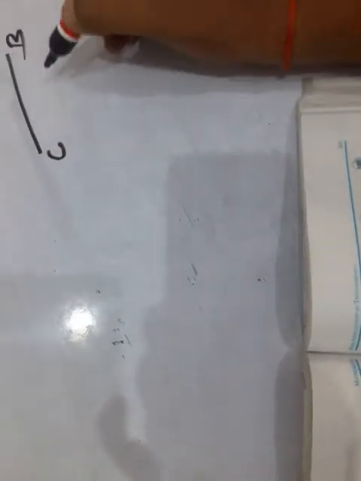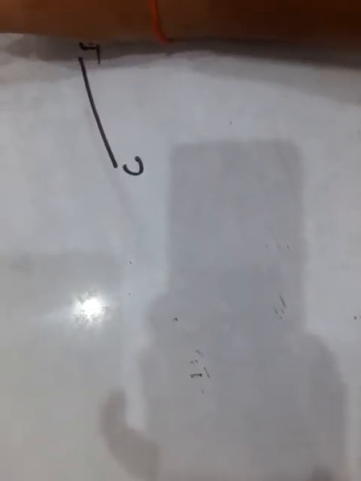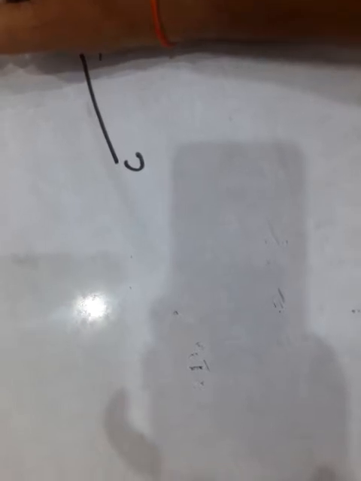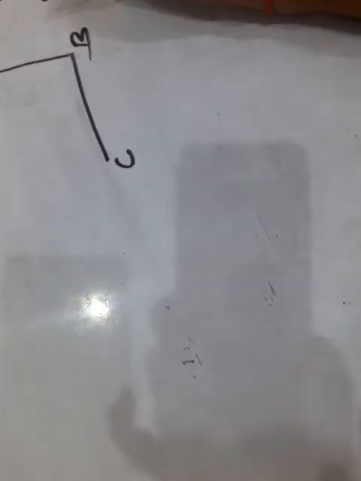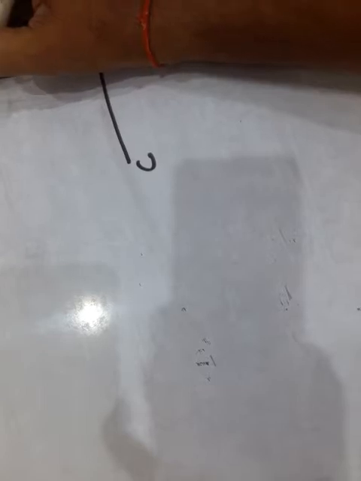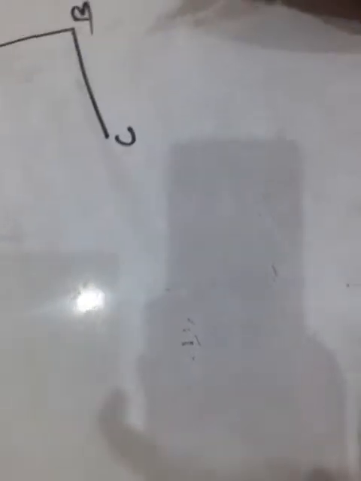There is a canal. Children, look here, this is a canal. Let this point be C, this is B, and there is a TV tower. It is something like this, drawn in your book. This is the TV tower, and let this point be A.